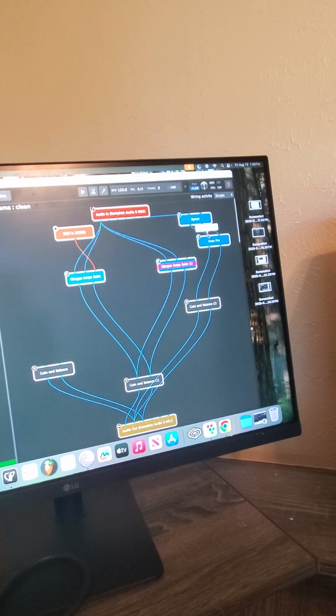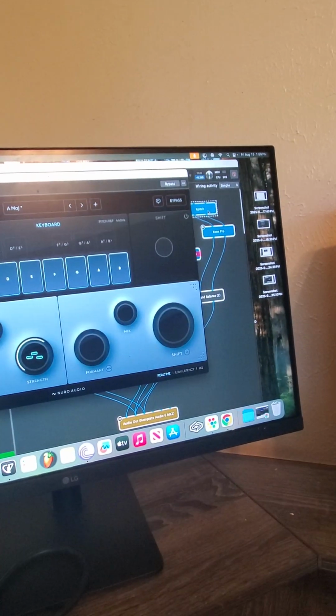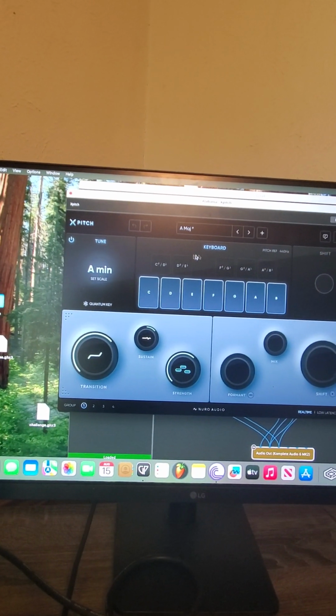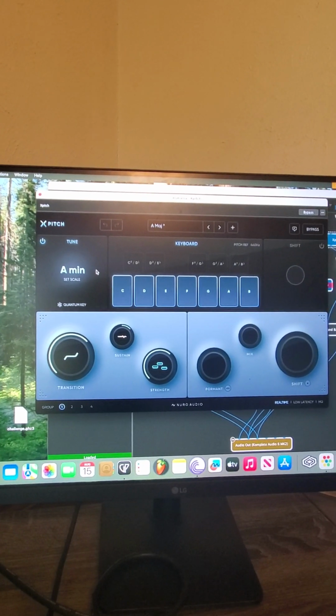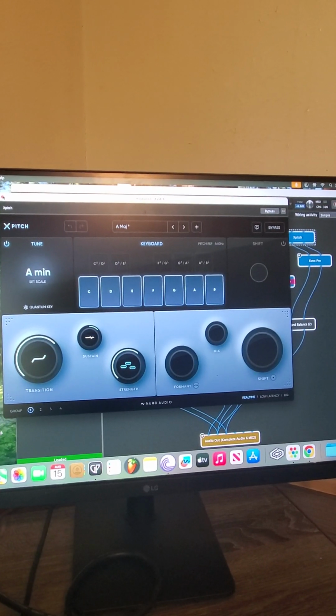Another thing, he goes through auto-tune, and I have it so that every rack space is set to the key for that song. So you can see